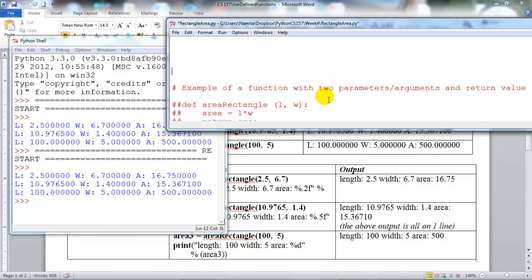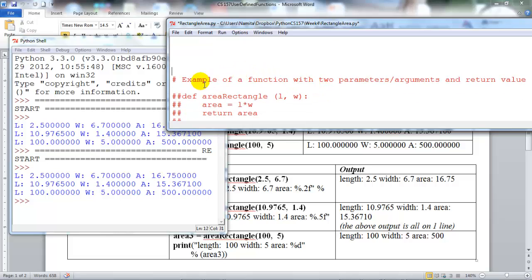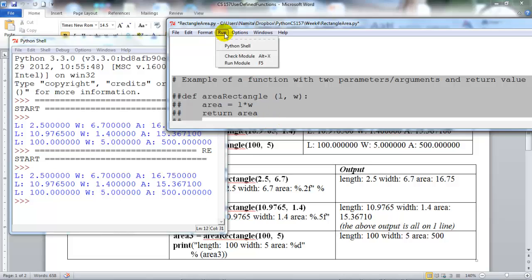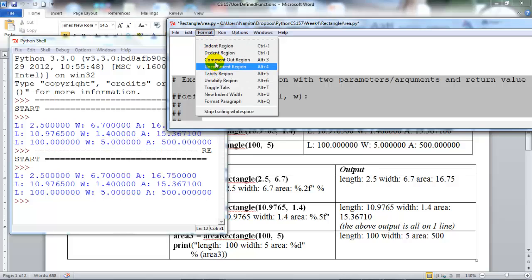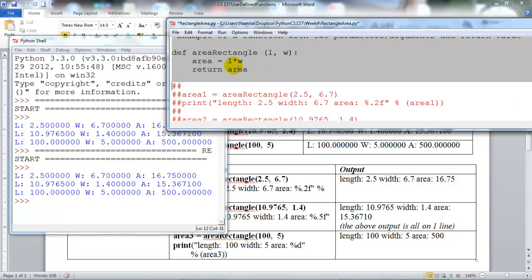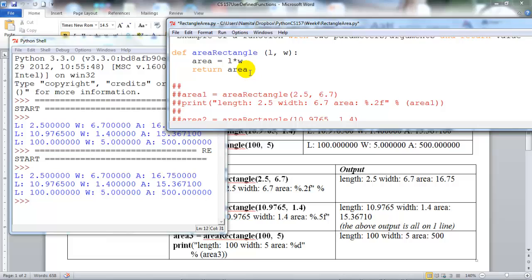So here is an example of a function where it won't do the printing for you. Let me show you this function, which I've already defined. It's very similar to the previous version of area rectangle, except that it calculates the area, and then instead of printing it, it does this special command in Python, the return command, and it returns the area. Return means that it calculates the area in this assignment, and then it gives back this value to